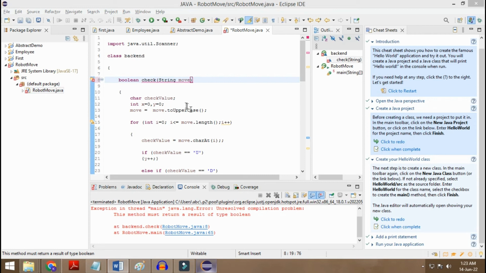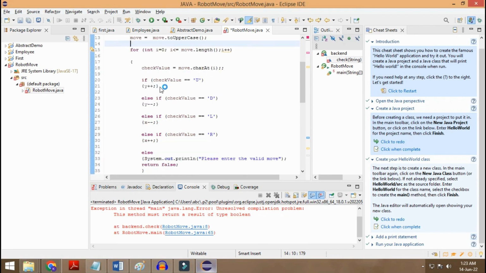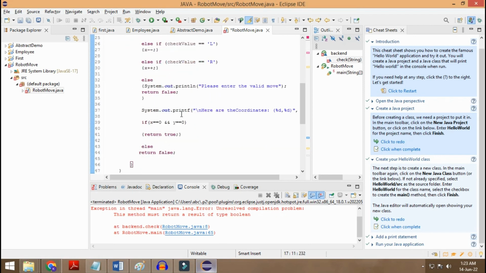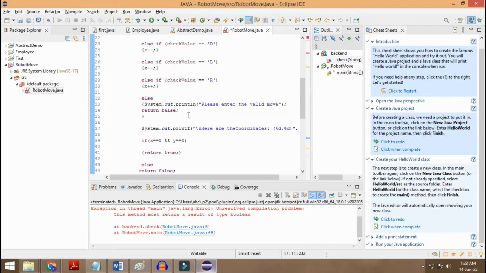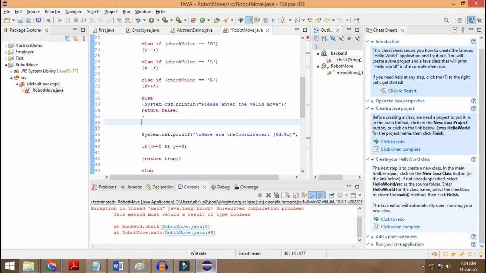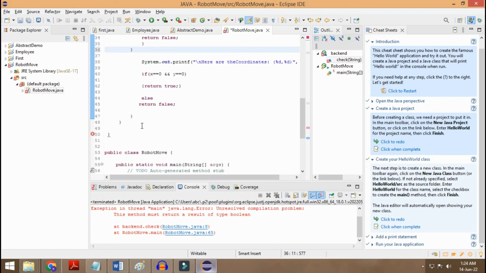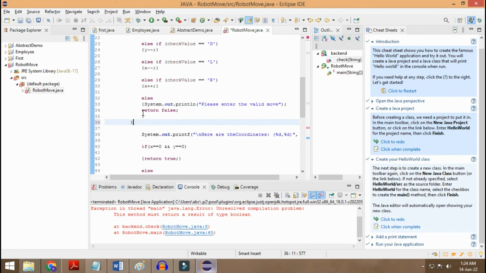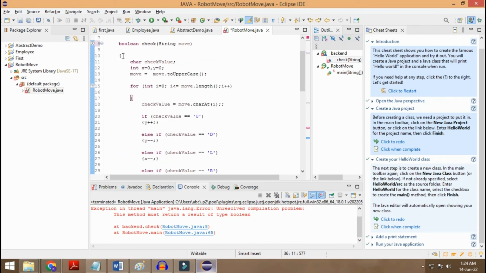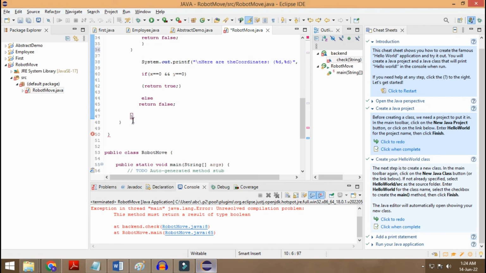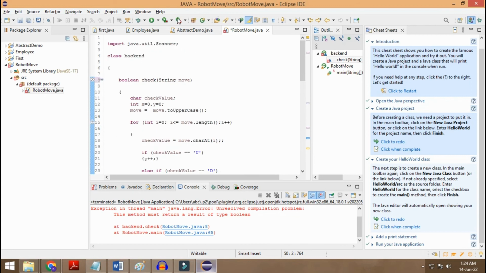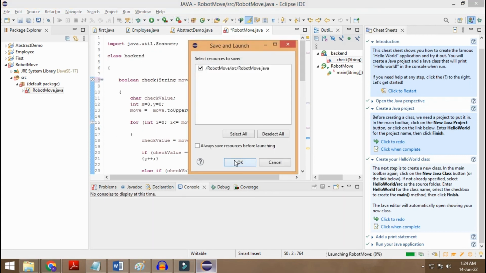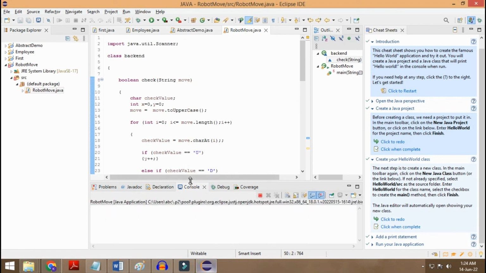Okay, let's try to do one thing over here. This for loop is working properly. Let's try to check all the... Okay, this is the error that I am making. I have missed just one bracket, and my boolean function has to be closed here. This is for the class. Okay, now it should be working. Yes, I just missed one curly bracket, and that's the reason I was getting that error,